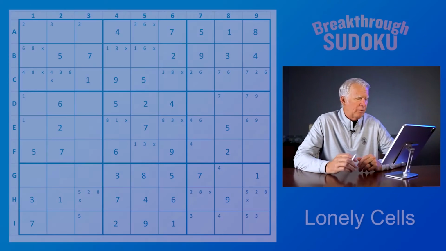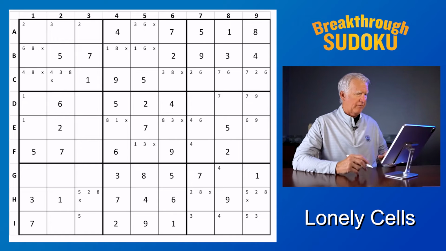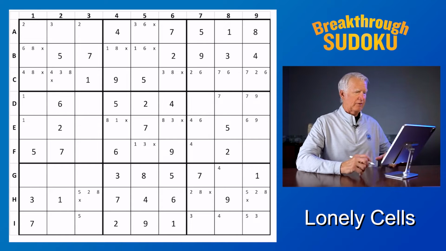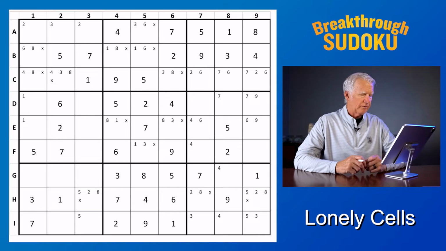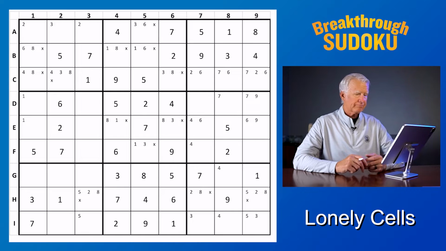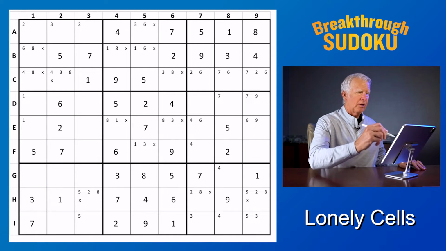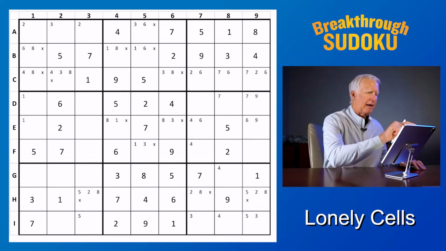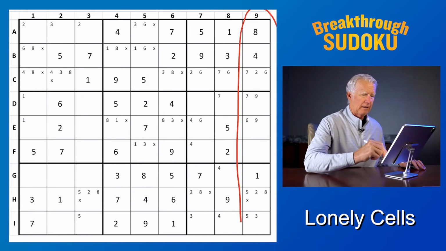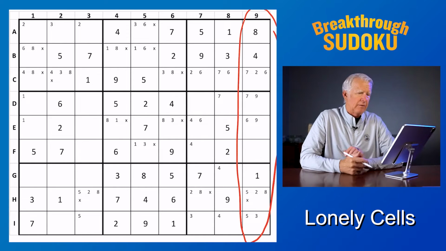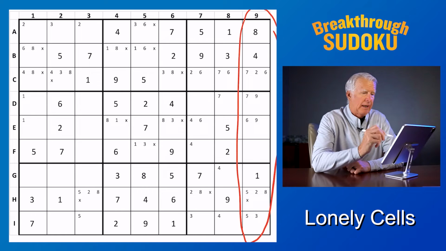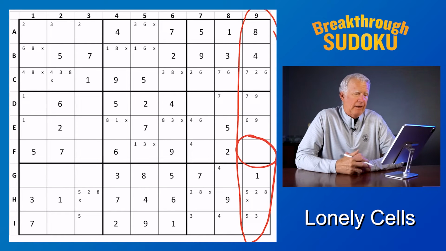So here's a puzzle that's been going for a while, and we've played it pretty far into it, and several things are solved. There's a lot of givens, of course, as all puzzles have, but there's a lot solved. And a number of cells have been defined to two recordings. But I want you to look at column 9 right here. And look at that. Most of the cells, with the exception of F9, have either been